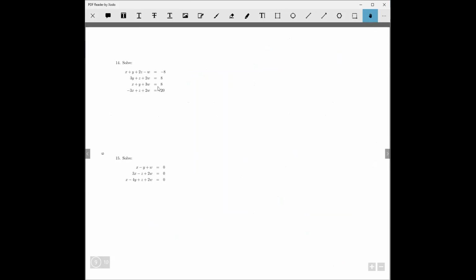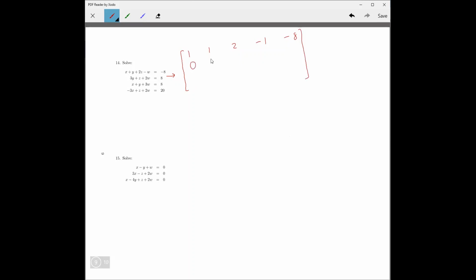Okay, let's do number 14. Okay, here you have x, y, z, and w. So you have 4 variables. Okay, so this one, the top equation becomes 1, 1, 2, -1, -8. Wow, lots of terms. Okay. The second equation, there's no x, so that's a 0. The y has a 3, the z has a 1, and w is 2, and then the other side